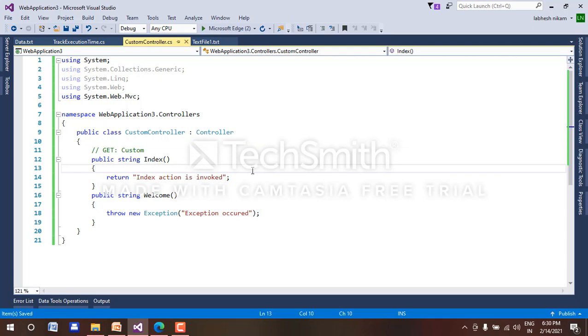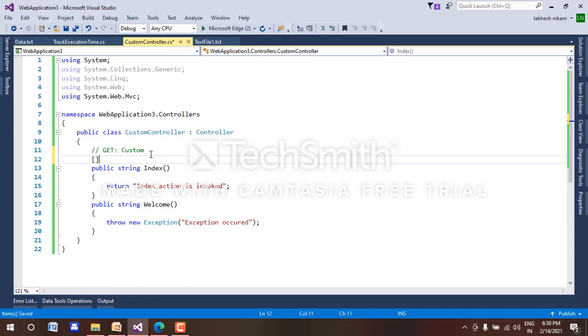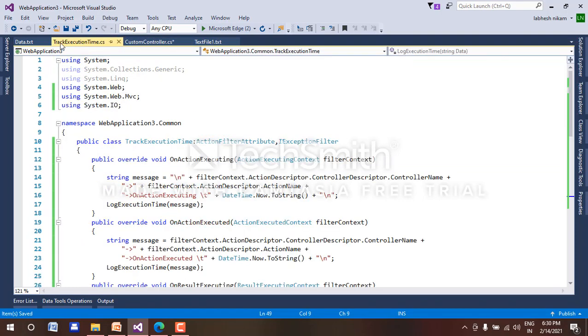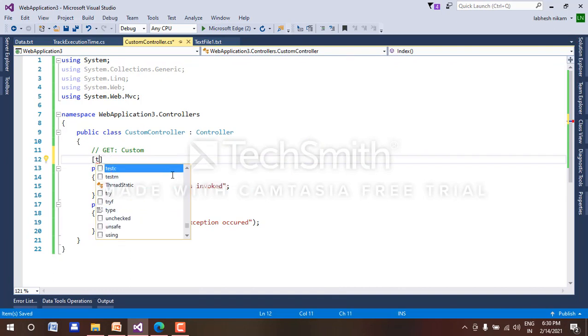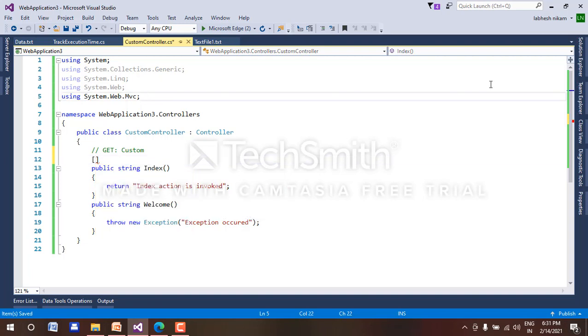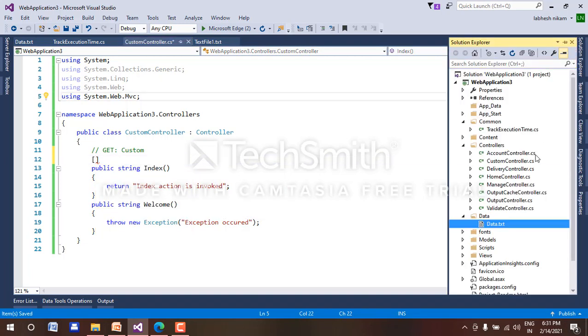Okay, and before this we will add this track execution time class here. So the processing will be added here, and before adding we will add this common, because the track execution time class file is inside the common folder.